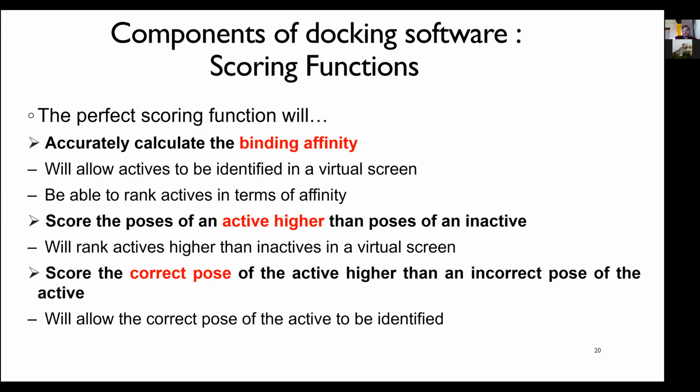Okay, and take some molecule with 1 micromolar potency. Among the actives, both are actives, because a good lead molecule has a binding affinity of less than 10 micromolar concentration. So it should rank the 1 micromolar compound higher, since its binding affinity is higher. The score should be higher for this compound than for the 5 micromolar compound. So it should be able to differentiate within the actives as per their binding affinity. So the perfect scoring function should do that.